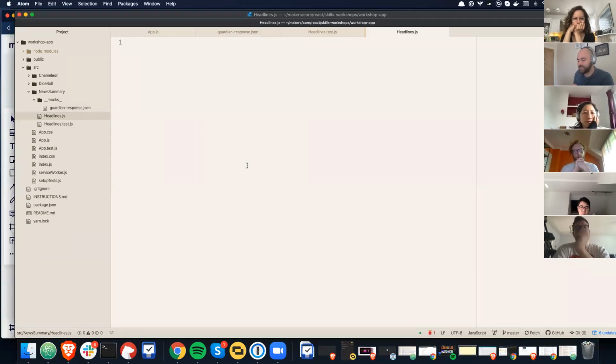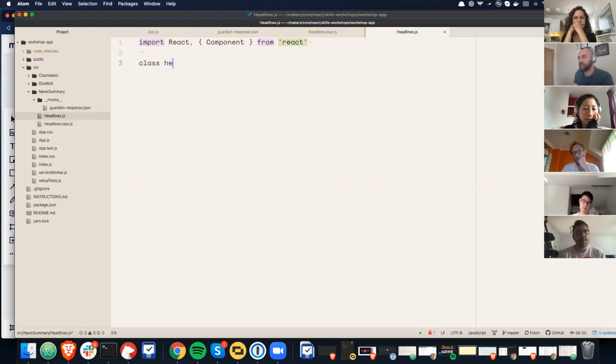So let's actually write our module. So I need to import React, and it's going to be a class because it's going to update its state. So I have to get the component from React. I think that's all I need. So class Headlines extends Component,